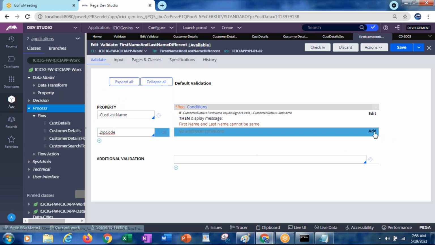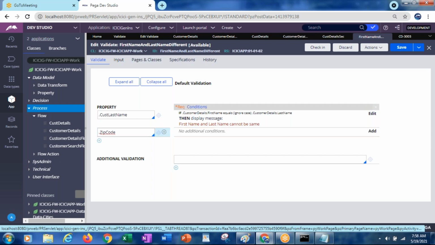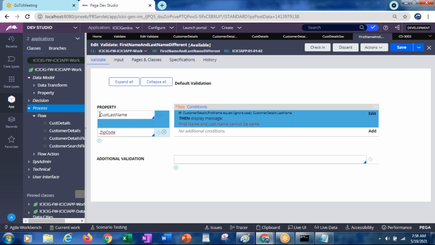The above one, customer last name, that should also be customer details dot customer last name, no, sir? Yeah, exactly, correct. If you give customer details dot customer last name, then you will see the difference. I will show you that as well.